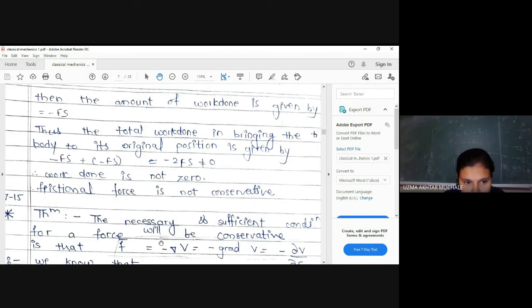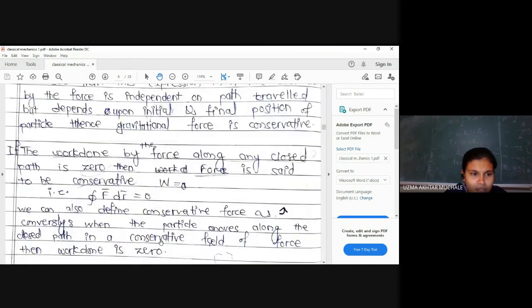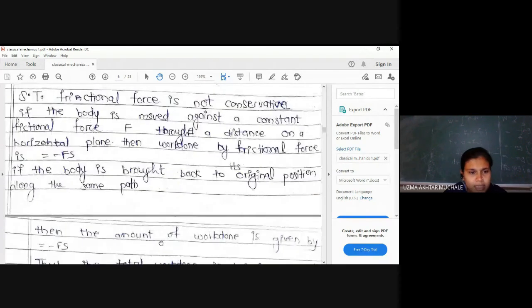Have you understood the examples of a frictional force? Okay, read it once again. What is a frictional force? Just imagine the example of a bike. अगर आप कोई भी बाइक पे ट्रैवल कर रहे हो तो आपको ज्यादा फोर्स अप्लाई करना पड़ेगा. Whatever the extra amount of force you are applying is created due to the frictional force minus fs, और उतना ही अमाउंट का आपका फोर्स लगाना पड़ेगा so that we can move in the same direction.